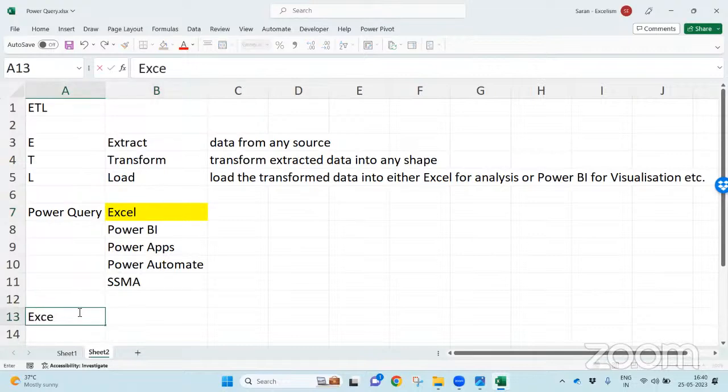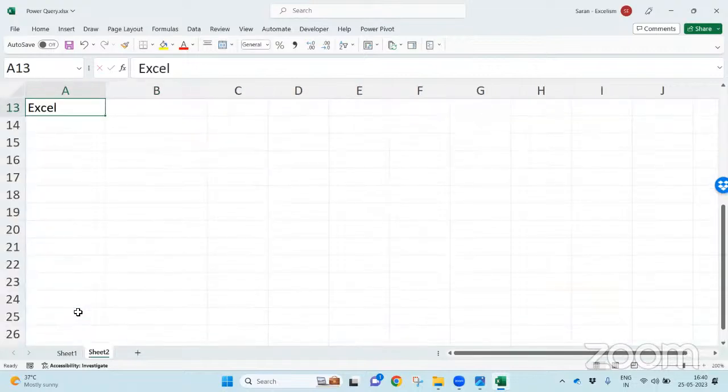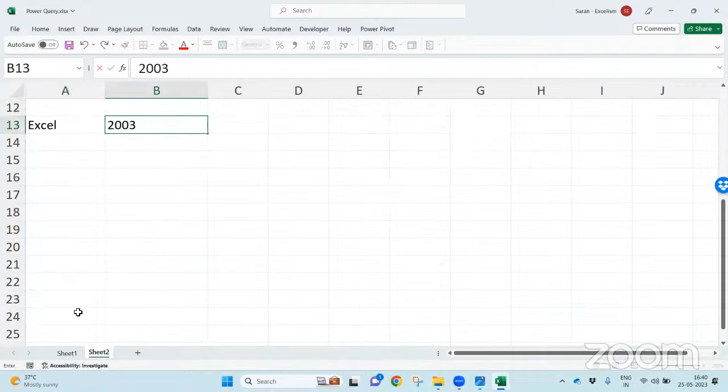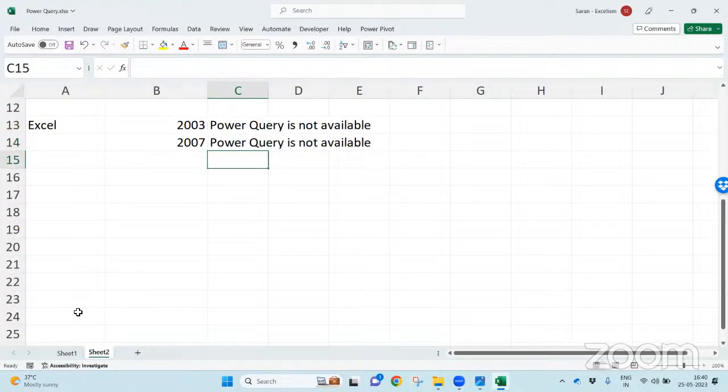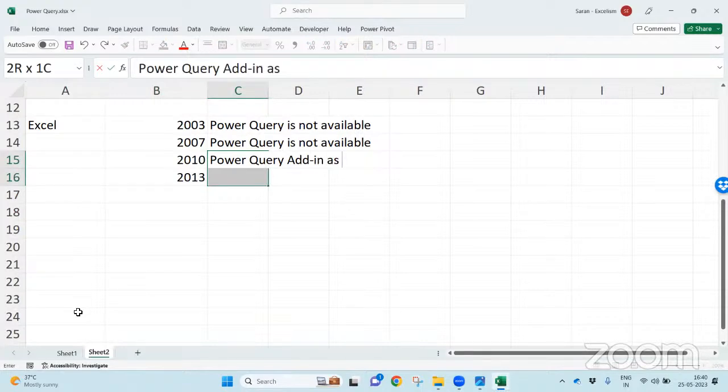Let's go into the versions of Microsoft Excel. When you talk about 2003, 2007, I'm really sorry, Power Query is not available. But if you are using at least 2010 onwards, 2010, 2013, the Power Query add-in is available.